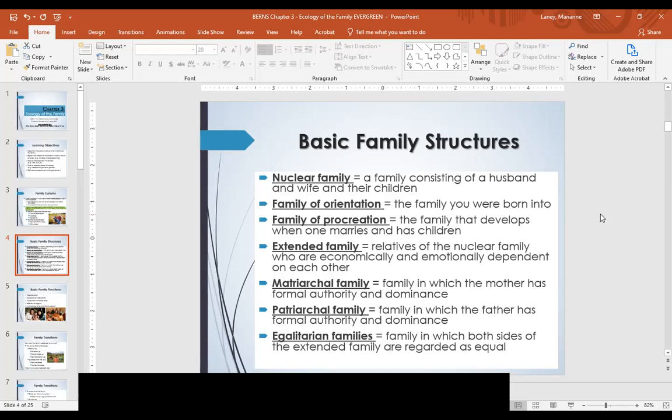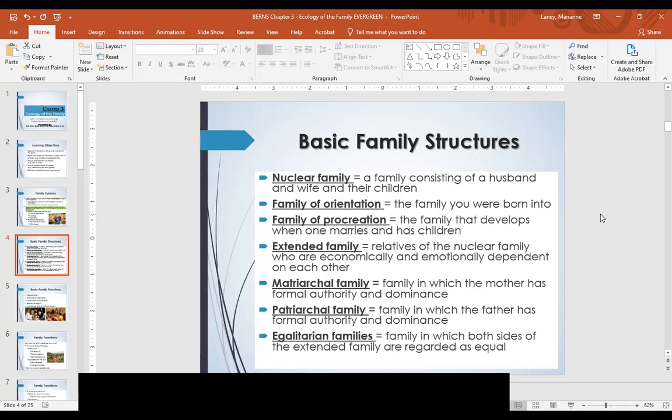Now, family of procreation is the one that you make on your own, right? And whether or not you plan that out, whether or not it's a big surprise, you most likely have some sort of other partner involved. As far as we know, we cannot procreate on our own yet. But that day probably will show up soon. And so that family of procreation, in here, doesn't say anything about being married. Well, that one says husband and wife, but again, you can have a nuclear family without being married. We'll talk more about that.